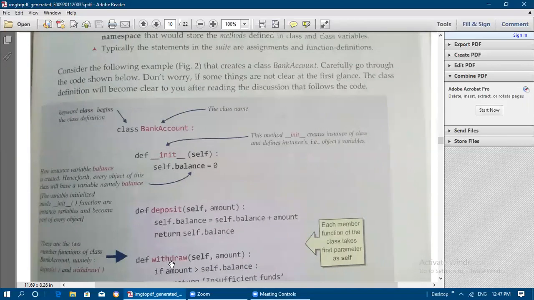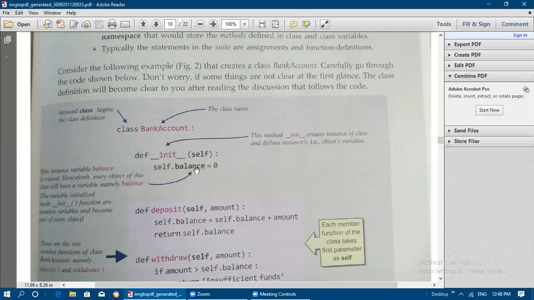If you create many objects for this class BankAccount, for example, one person may have some account number, and another person also has some account number. If three or more persons want to access their bank details, they will either deposit some amount in their account, or withdraw their amount from the bank. So the two functions, deposit and withdraw, are common for n number of people.